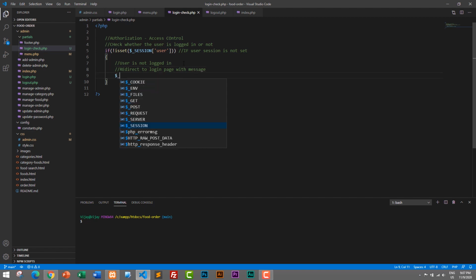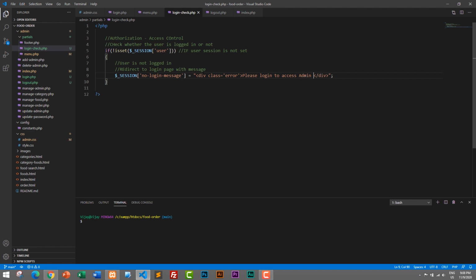So let's create a session first. So I'll create $_SESSION, and I'll call it login message, and it's not login message, this is no-login-message. No-login-message is equal to, let's create a div, and here we'll add class equals to error, and here what we will do is set a message called please login to access admin panel. That's it, and we will redirect to